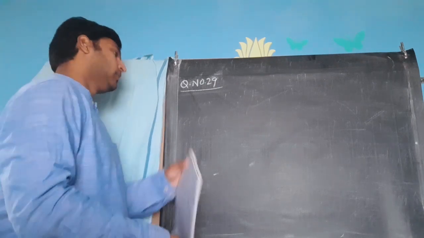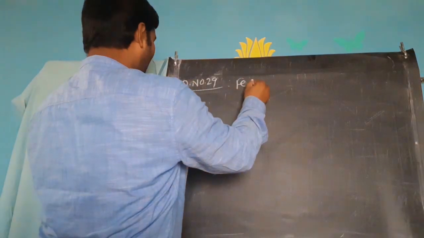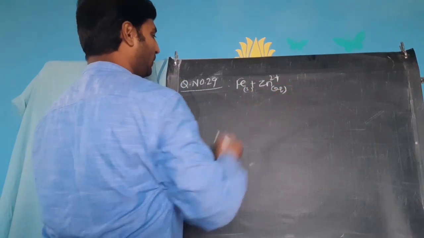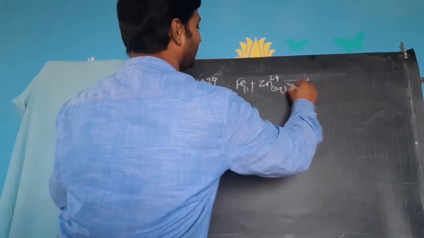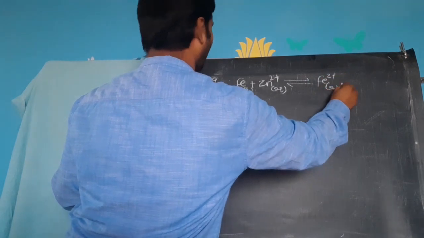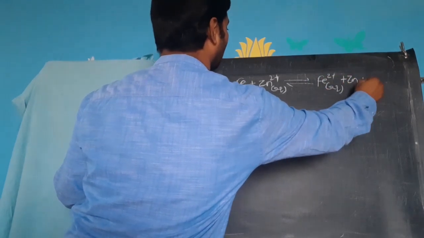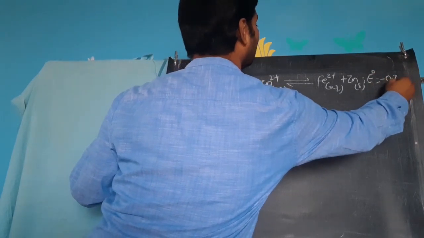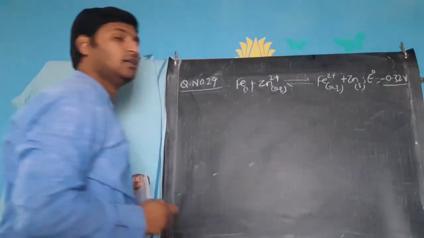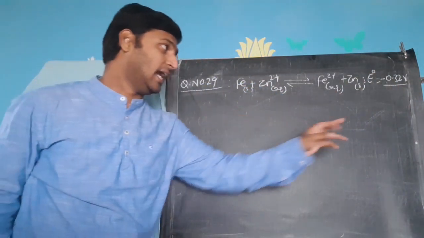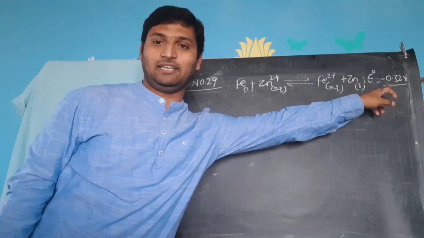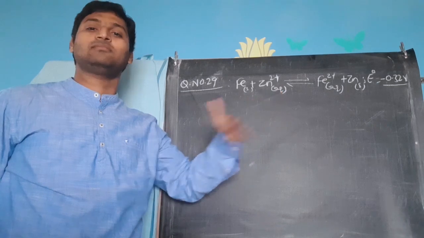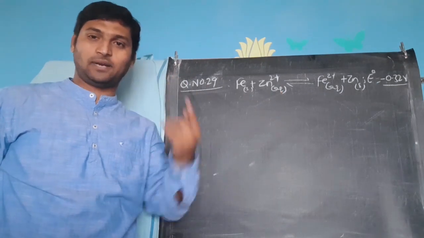Now, see, a reaction in equilibrium is given, that is solid iron reacting with an aqueous solution of zinc ions giving rise to an aqueous solution of ferrous ions and depositing solid zinc, and the E naught value was given to be minus 0.32 volts. While understanding itself, please understand he is giving a negative cell potential. That means he is representing a non-spontaneous reaction here. While reading the question itself, we should comprehend this in mind.